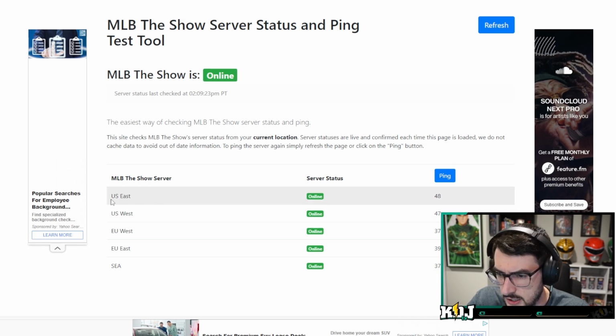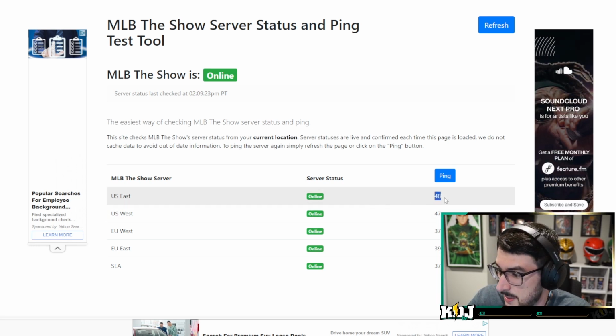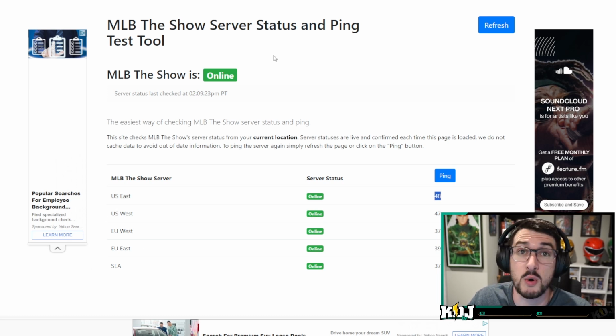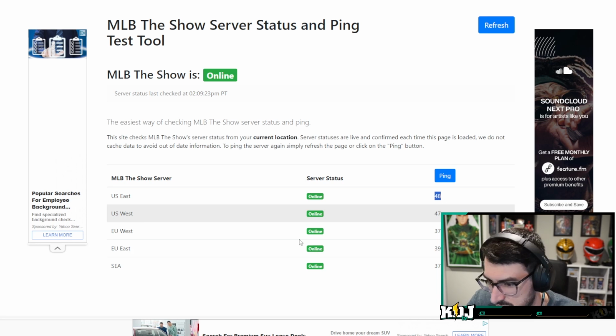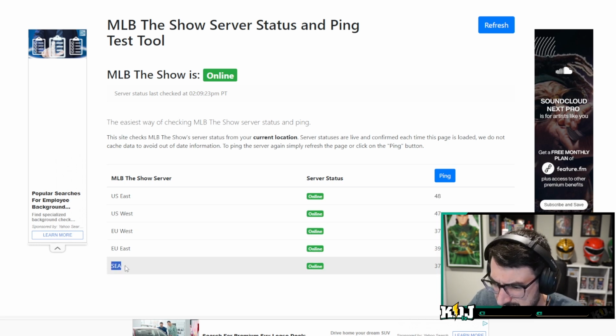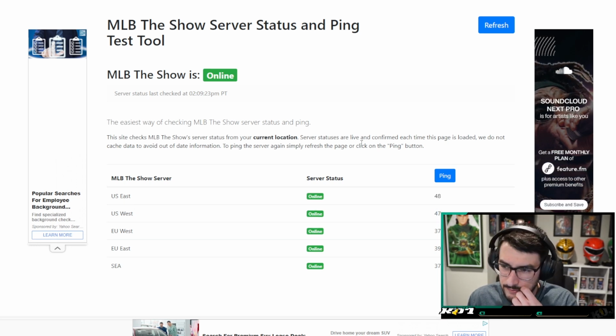Right now, on the U.S. East Coast, the servers are online, and the U.S. East Coast has the best ping of any region at a ping of 48. It's under 50, and that means it's pristine. The U.S. West has a 47. SEA, that can't be Seattle. I don't know what that means. But, yeah, we're kind of cooking in terms of ping. The problem is,